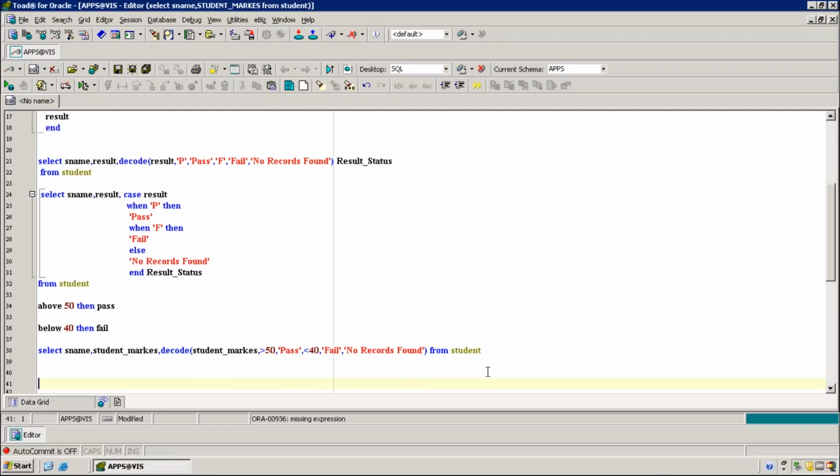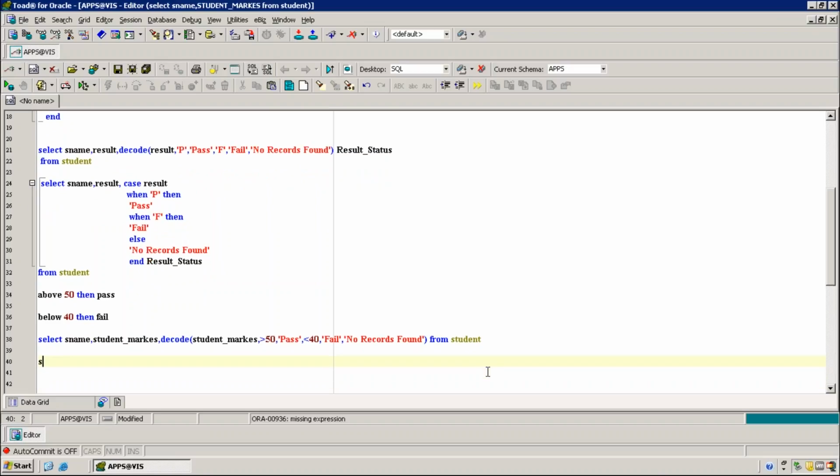Now look, same thing, tell me in case. Instead of decode, tell me in the case. How to do it? Tell me. Same scenario. Tell me how to use case. Case.